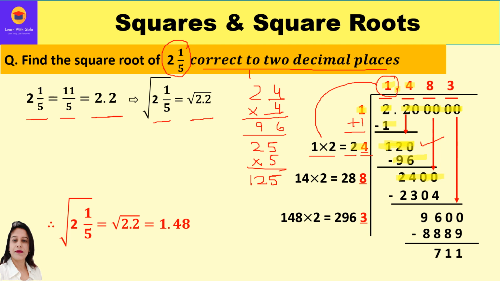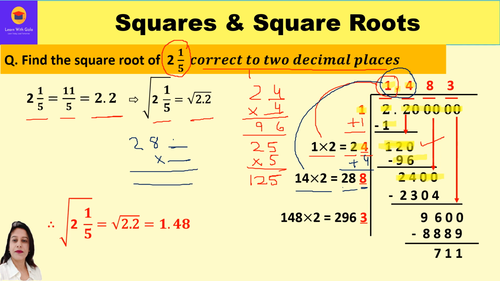Now to solve 2400, I need a divisor. Now over here the quotient is 14, which I will double. 14 into 2 is 28, or I could have just added 4 over here. So 24 plus 4 is 28, and keep a blank over here. Now I have 28 as a number, I have a blank over here. So what should I fill in this blank so that my product is equal to or less than 2400?